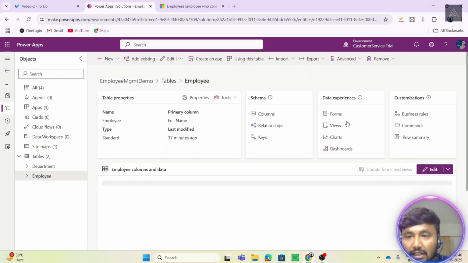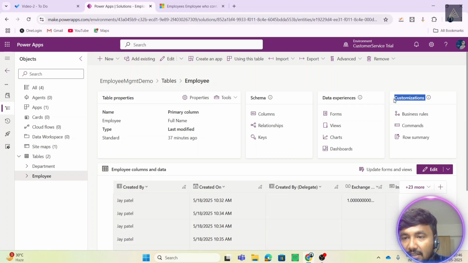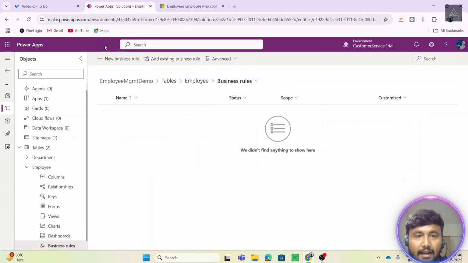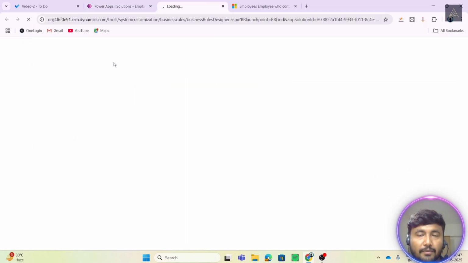and then I will click on customizations. In this customizations tab, you can see this section which is called business rules. So I will click on business rules now, and I will click on new business rule from here. So now we will be able to create a new business rule, and the business rule which we want to